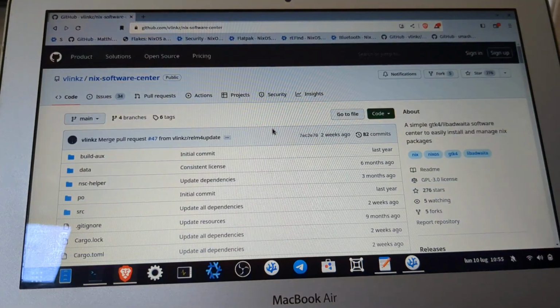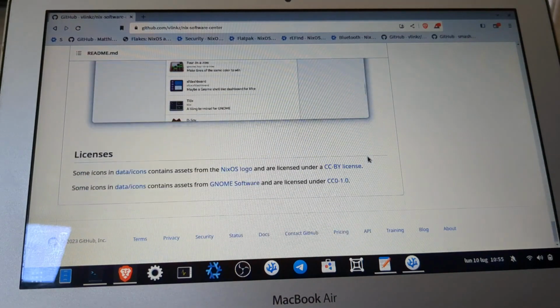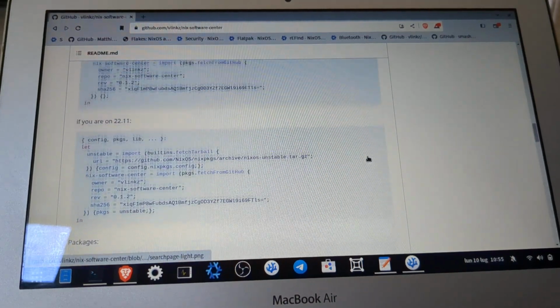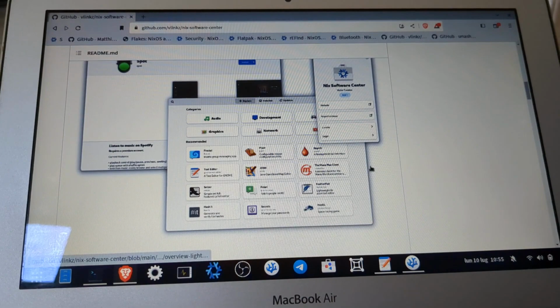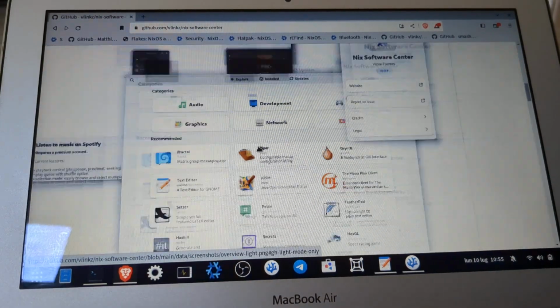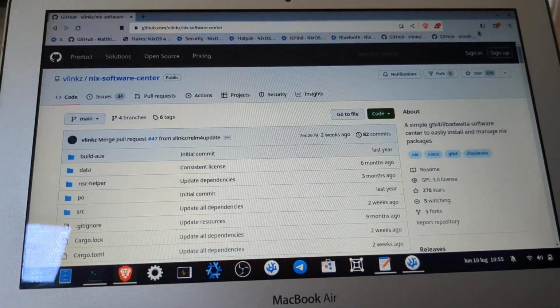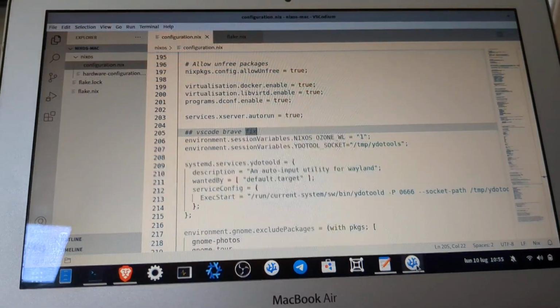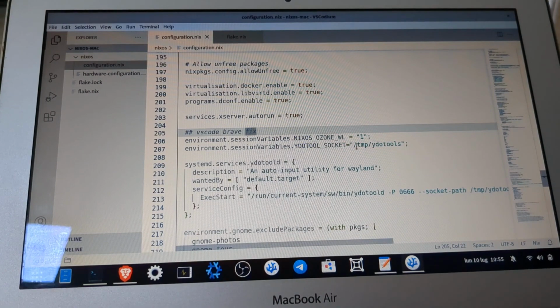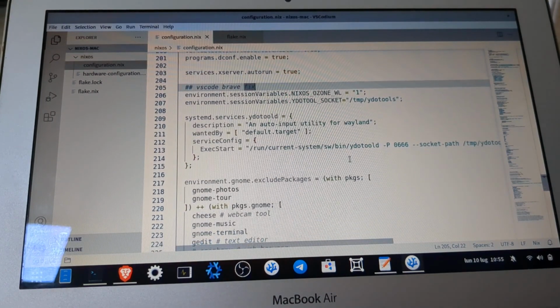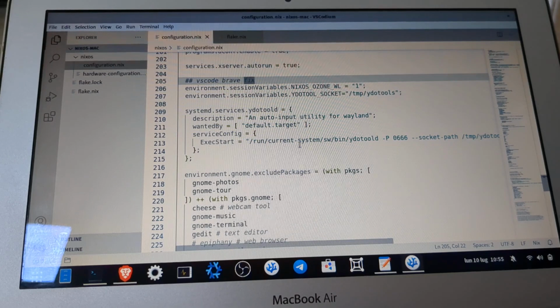Okay, as you can see, we have kinetic scrolling, very smooth inside Wayland, and also pinch to zoom, so you can enlarge a part of the web page very fast. But to do that, you have to have these environment variables here. And I also like that you can specify systemd services inside the configuration.